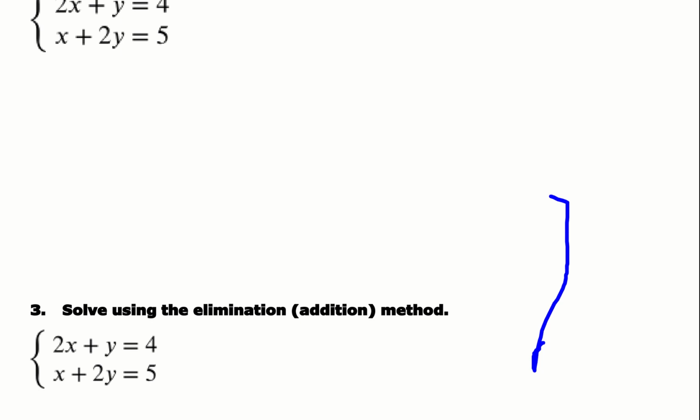Let me see if this is going to cooperate with me. All right, so